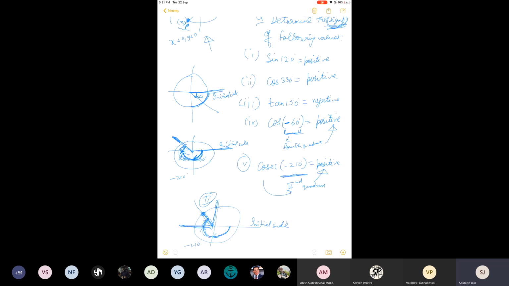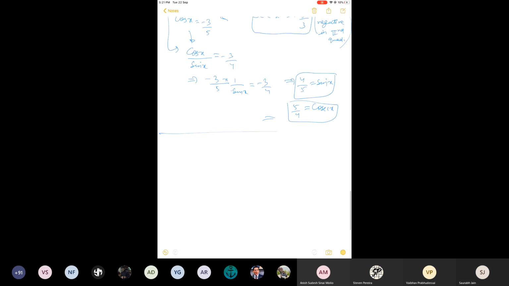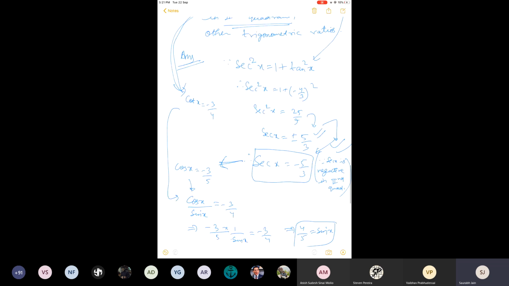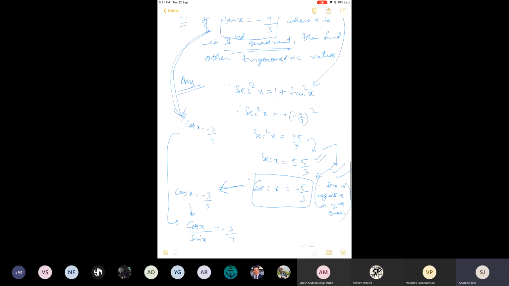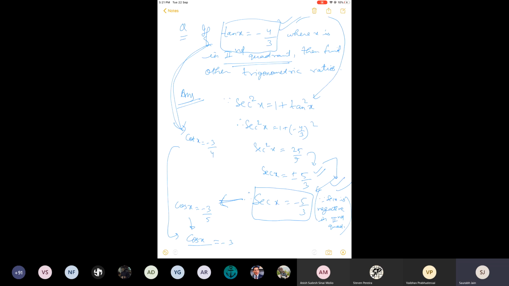Okay, so that new rule is actually the reduction formula. In class 10th, you studied some reduction formulas like sine 90 minus theta, cos 90 minus theta. Can you scroll up a bit? You can watch it later on, what is there to note. These things are in the notes also. Try to understand the concept, that is more important. There will be so many questions. You will solve questions and you will find so many questions of this kind.